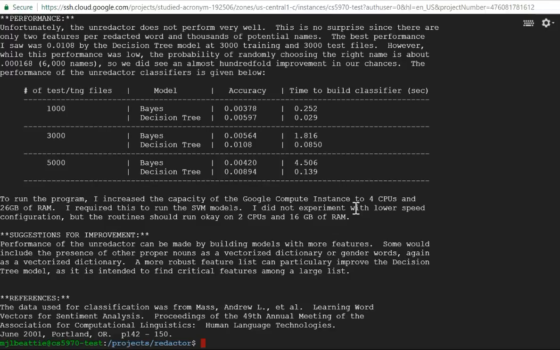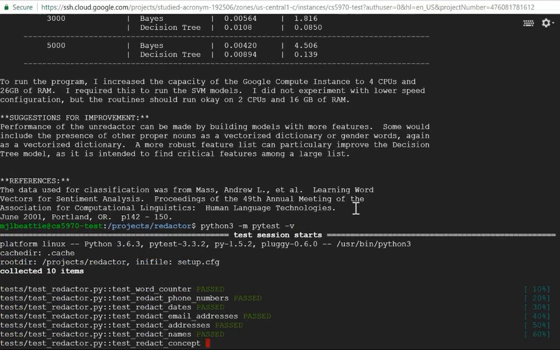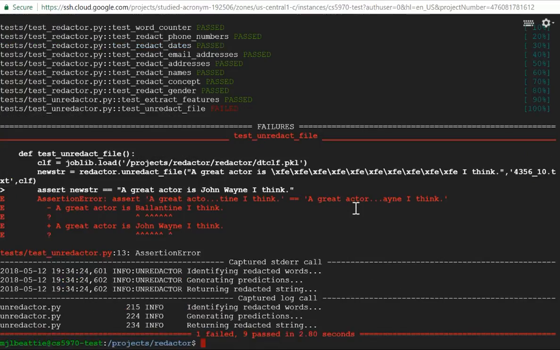We will skip the PyTest since that was in my first video, and as we saw, actually, I take that back. Let's go ahead and do it. So we can see where we're going to fail. The redact routines and the feature extraction routine in the unredactor set passed. But as you can see, it failed in terms of unredacting a